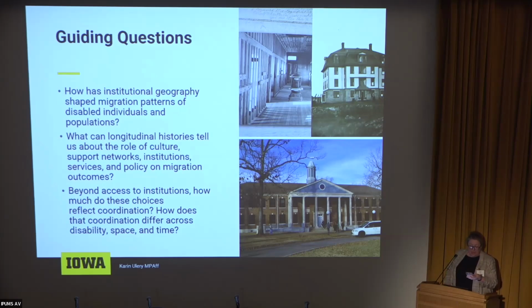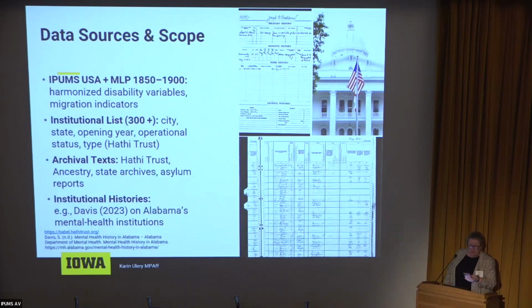These questions require data that is both spatially explicit and historically deep. The core data set is IPUMS USA plus MLP full count microdata from 1850 to 1900. This includes harmonized disability variables and migration indicators, which I hope to improve with my LLM models. I also use geocoded lists of currently more than 300 institutions, including schools for the deaf, asylums, and poorhouses, while I am continuing to add more institutional data by the day, which currently includes opening year, type, and